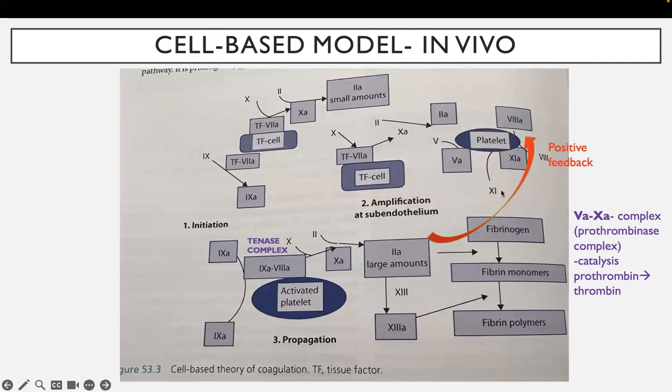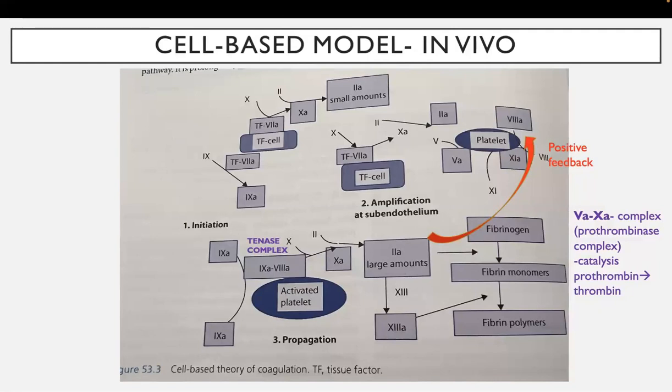Okay, so that's your amplification phase. The byproduct of that is that you want activated factor 9. Then this activated factor 9 goes on to your propagation phase, where the activated factor 9 will form a 10A's complex